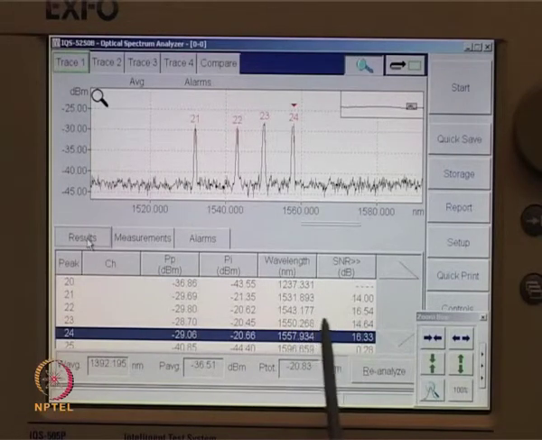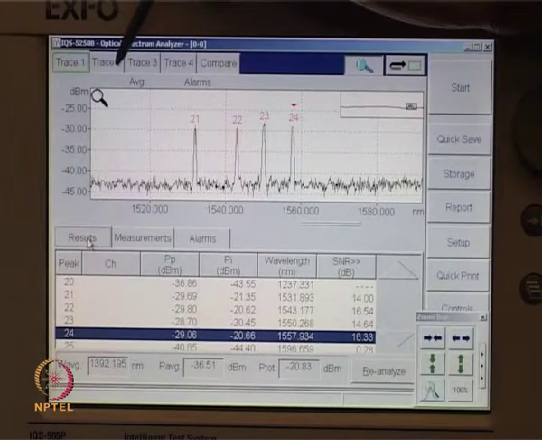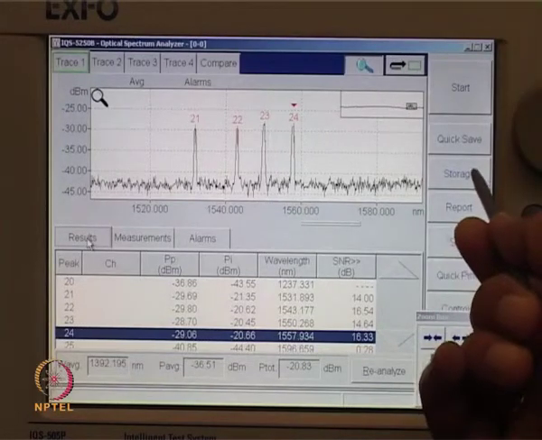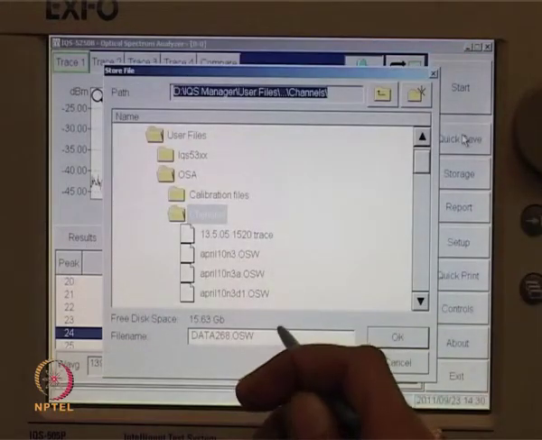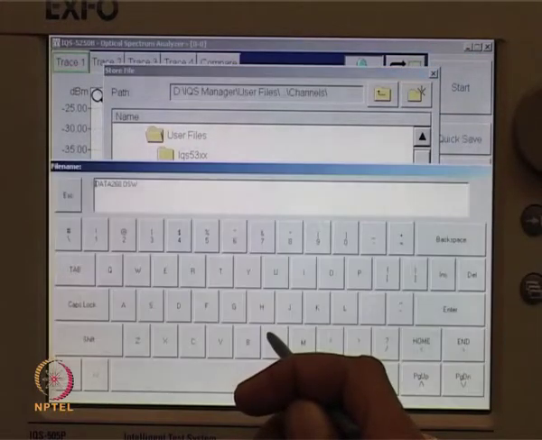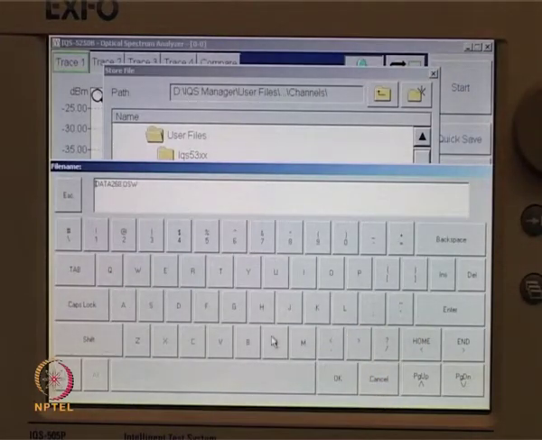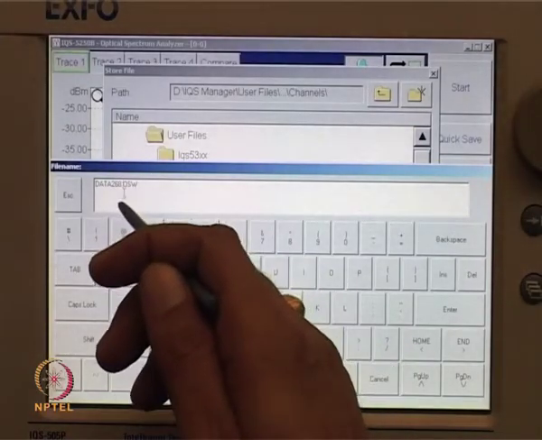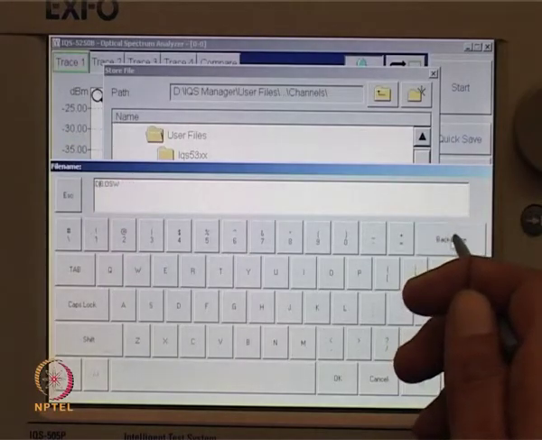On the screen you can see the measurements in power and wavelength for various markers 21, 22, 23 and 24. These readings can be stored by clicking on Quick Save. Write the file name. A default file name is .osw. As an example, consider that we are storing this file as a test file.